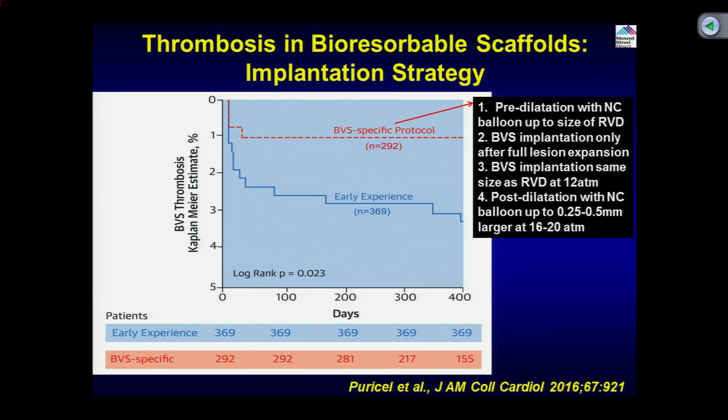Yes, absolutely. So to simplify it, there are only 2 things you've got to do to really change the outcomes for Absorb and totally change the safety profile. One is properly size the vessel, make sure it's at least 2.5, and the second is just make sure, using whatever techniques you use, and we're obviously going to go over those, that the final expansion is good. So proper vessel sizing and full final expansion of the scaffold, either with aggressive prep up front, pre-dilatation, or with